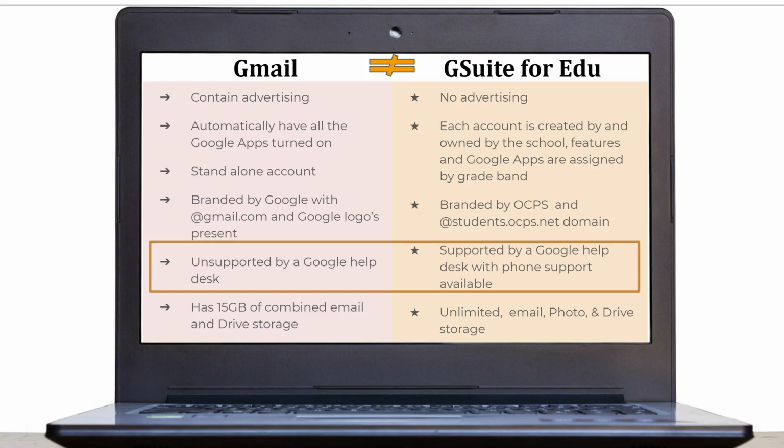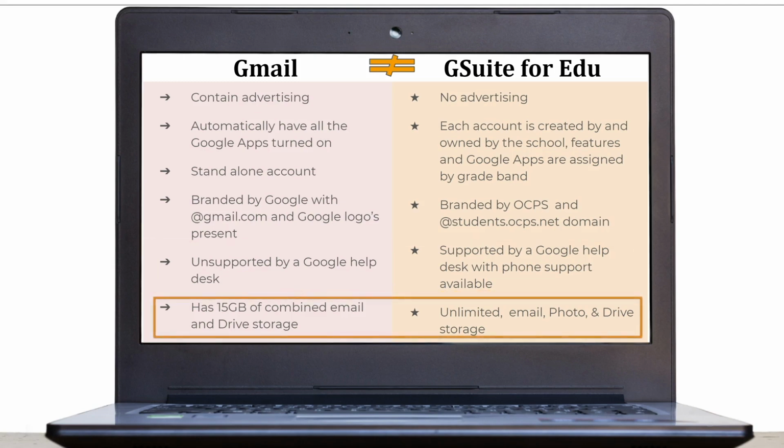But G Suite for EDU accounts are supported by a Google Help Desk, and the district can get phone support available for your student's account if needed. And finally, a key difference is that personal Gmail accounts have 15 gigs of combined email and Google Drive storage. But all students in our district have unlimited email, photo, and Google Drive storage.